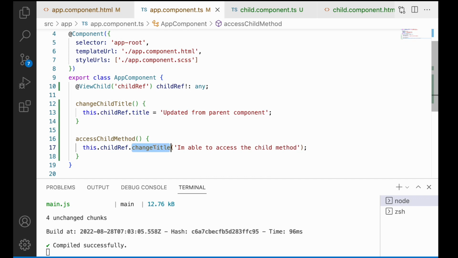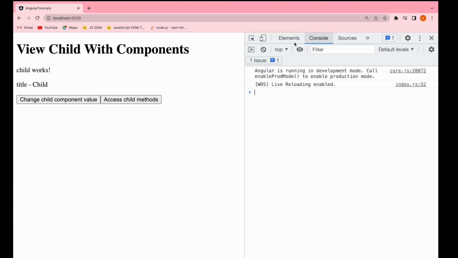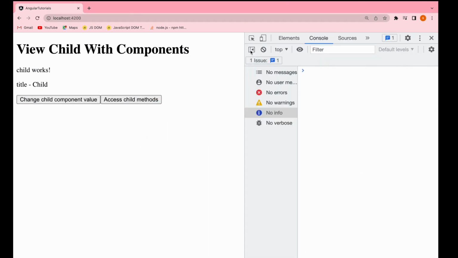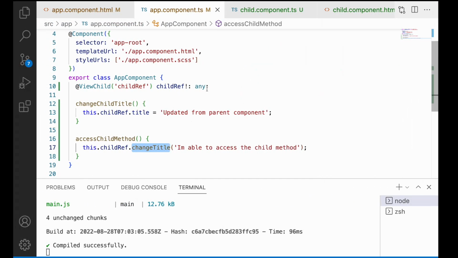So it is treating this change title as already existing in that component, because you are not specifying the component. And let me go here to the console, inspect, clear it off, and click on this access child. It is updating because the title variable is public, and whenever I click on the access child methods, I am able to access the child methods. So you are able to access those child methods, but you will not get any intelligence,